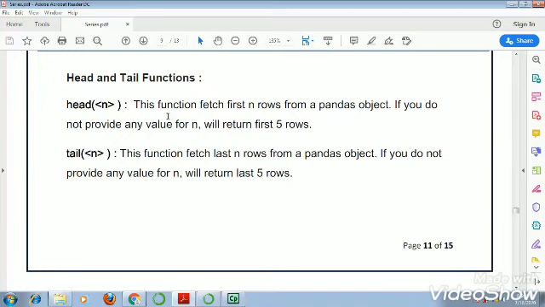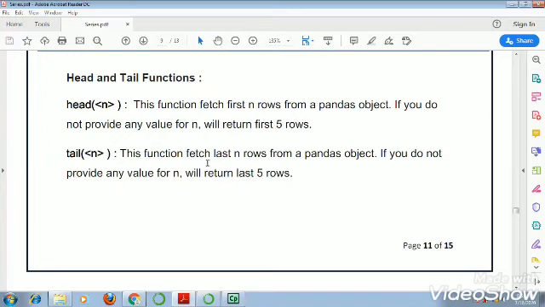In that case, if we don't provide the number of rows, it will give top 5 rows from the series. Similarly, in case of tail, if we give n, then it will return n rows from the bottom, and if we skip the value of n, then it returns bottom 5 rows from the series.